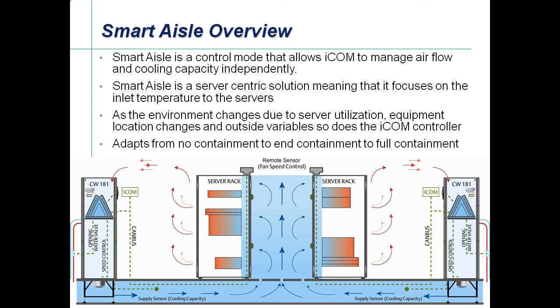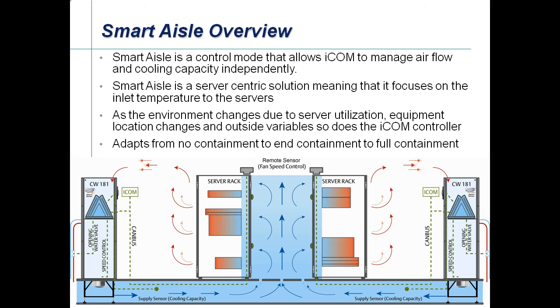So this takes care of the airflow portion of the Smart Aisle control. But you may ask, what about the management of heat load? This question can be solved by controlling to the discharge air temperature of the unit. By controlling to the discharge air temperature, we can be sure that the temperature being sent to the cold aisle is consistent and unaffected by the room or the return air temperature of the unit, as the compressor or chilled water valve will modulate based on the load brought back to each unit